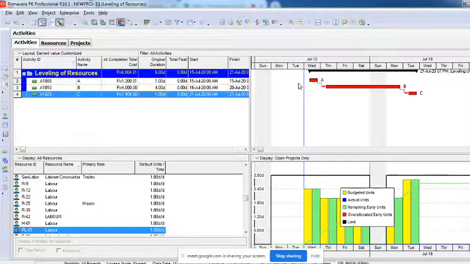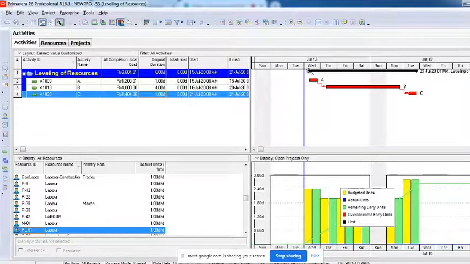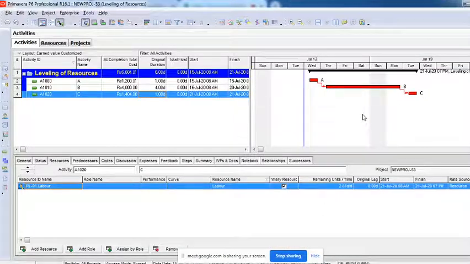So I'm putting all my labors on activity A and finishing it in 1 day, as it was 3 days of resource, right? Per day I had planned initially one labor per day. For 3 days it is 3 labors. So now I'm putting all my 3 labors on 1 day and finishing it in 1 day. Similarly, this activity which I had planned for 6 days, 2 labors per day, now I am putting 3 labors per day and finishing it in 4 days rather than taking 6 days. And then this activity I am finishing in 1 day. So what is happening now? This whole project is still finishing in 6 days with the allocation of the resource properly. There is no over allocation problem to this activity.